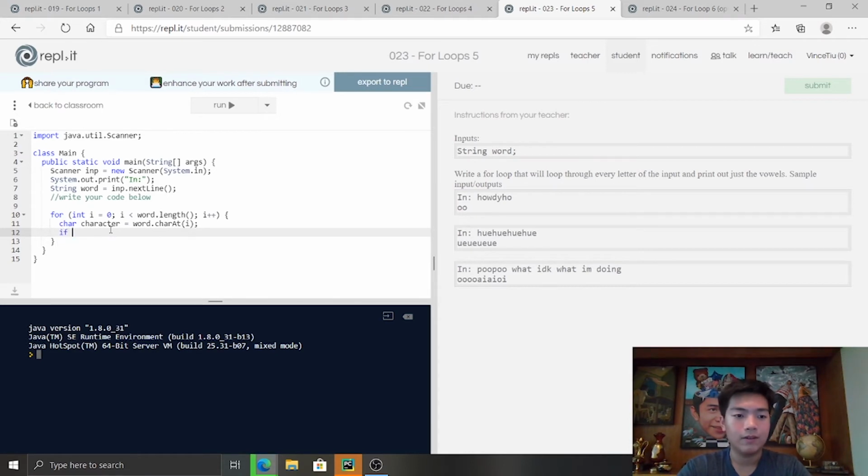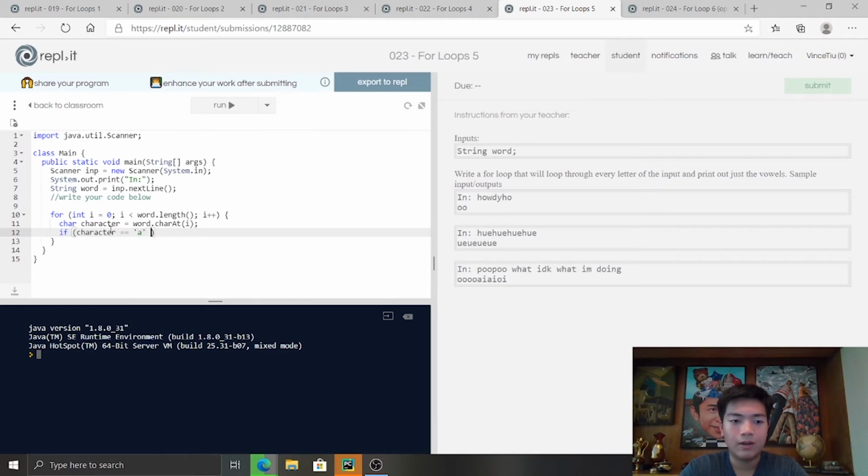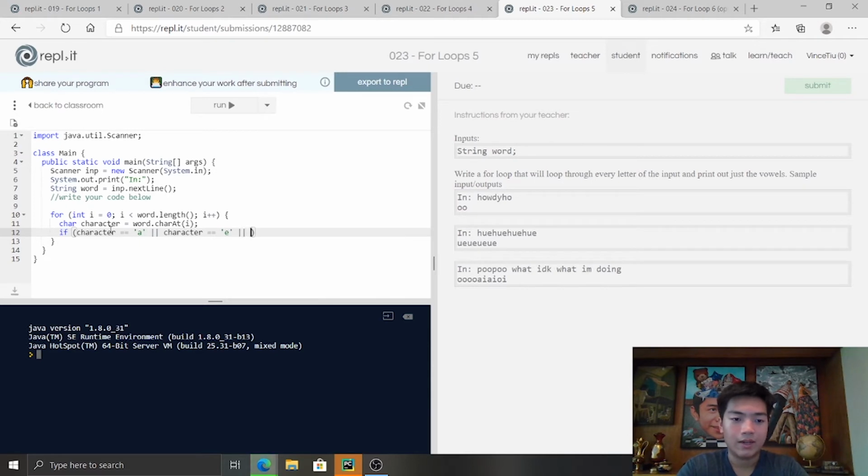So if, and brackets, if you'll remember the if statement from our previous speedrun, if character is equal to A, or, and this is the symbol for or in Java, so if either of these two statements are true, it will run the if statement, or character equals E,